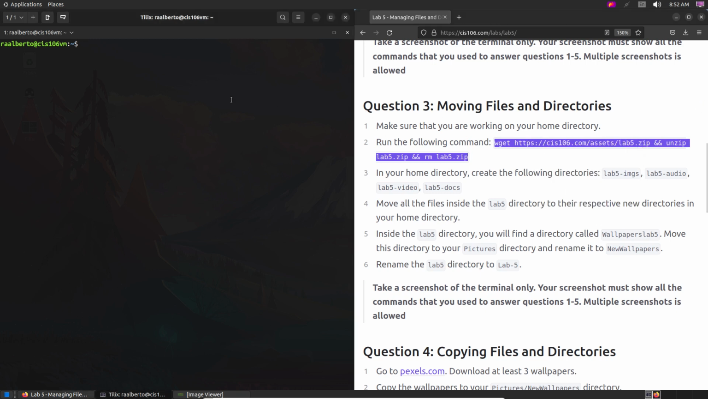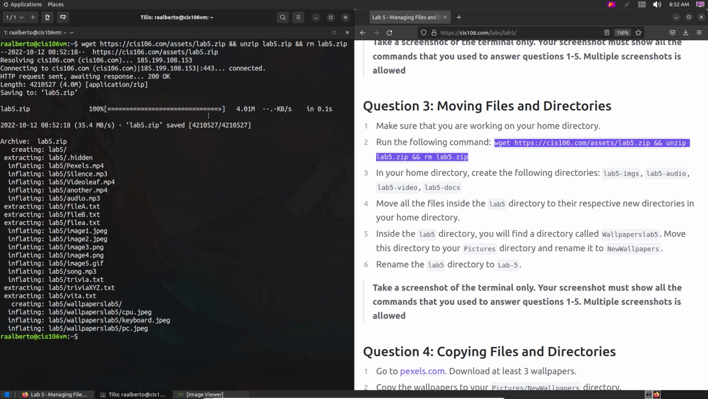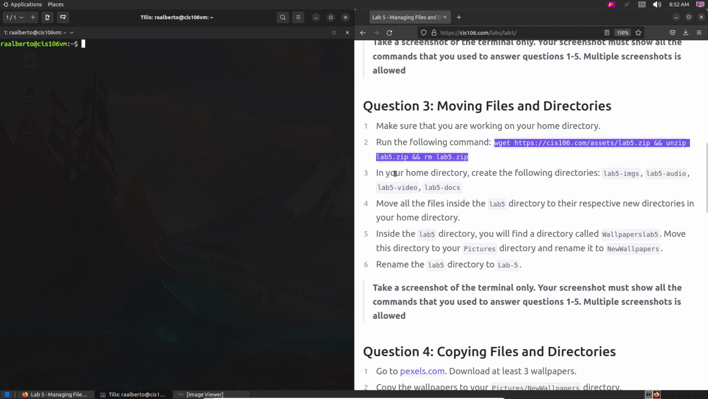And before I do that, I need to make sure that I remove the lab5 directory. Okay. Now we can copy and paste. Press enter, and your output should look like this. If it doesn't look like that, you're doing something wrong. I don't need this in the screenshot, so we can clear. In your home directory,